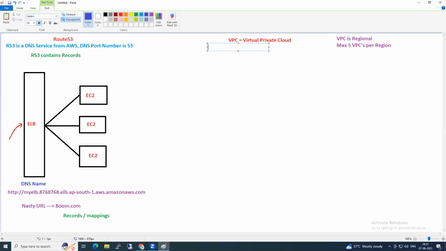It's not a physical data center, it is virtual. In your physical on-premises data center, you have all your servers, storage, and databases. The same thing we have in AWS, that is the VPC. So it is a virtual data center on the cloud.